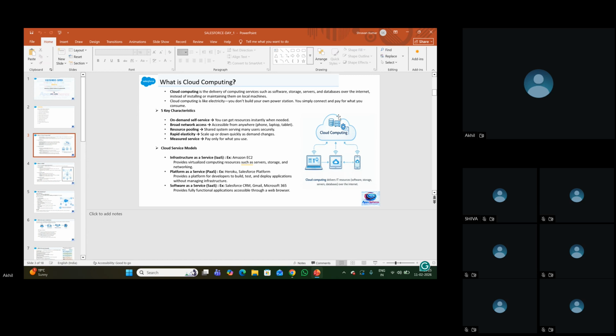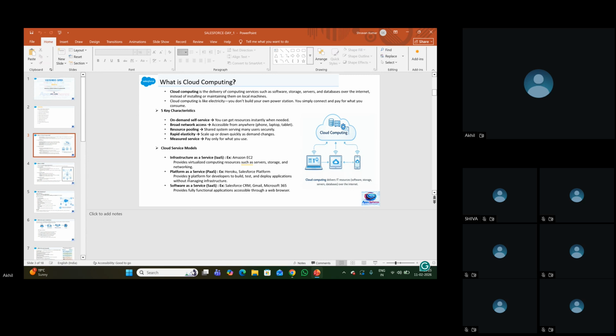If you build any Android application or web application without Salesforce, we need to get our application installed into a server so that the general audience can access it. But when it comes to Salesforce, everything is managed by Salesforce. We don't need to maintain any server, we don't need to maintain any platform. And once we get the license and purchase Salesforce, we'll have these three components in place. And these three components are most important to understand.